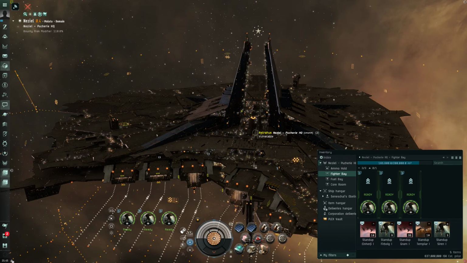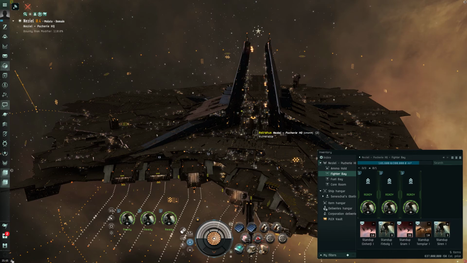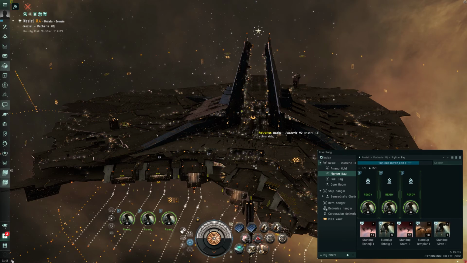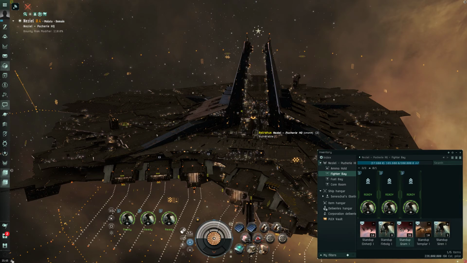Just a short talk about fighters. Your total capacity is 200K. Do not think you can stuff it all in there, because there's a slight problem when you're trying to refit for other fighters. Your best bet is to not have your grams, these guys, because they do...